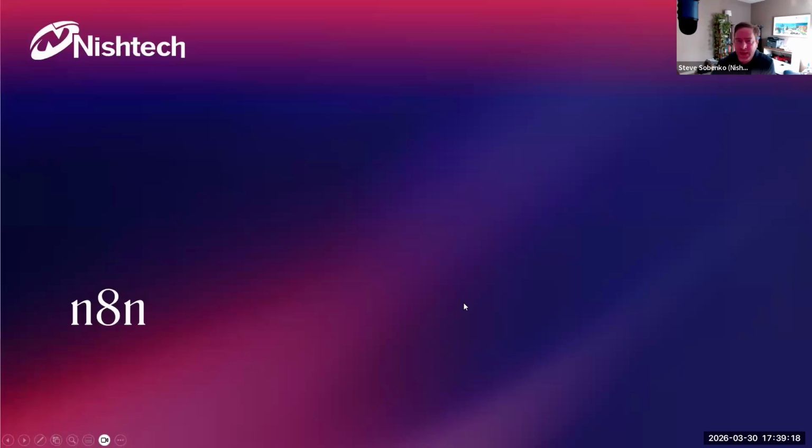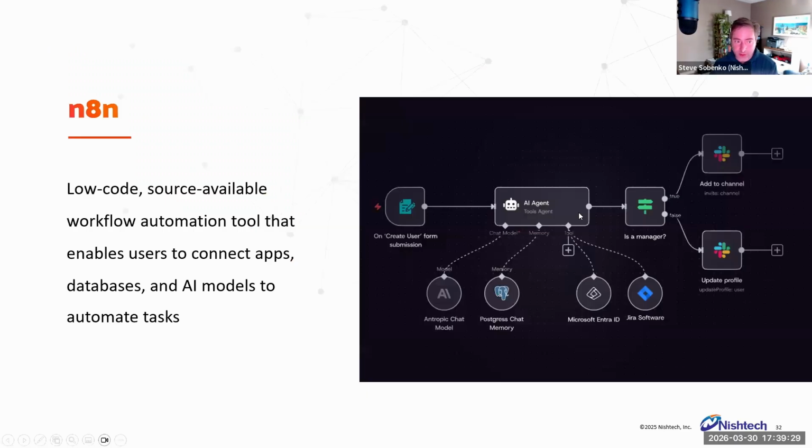We're going to pull it all together with n8n. Now, there's a lot of agentic AI orchestration engines. I chose n8n because it's open source. It's very easy to learn and use. I can run it in a local Docker container, which I am. I can use it for free. It's very extensible. I can connect a lot of different things to it,